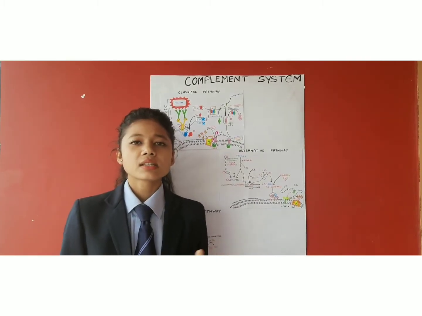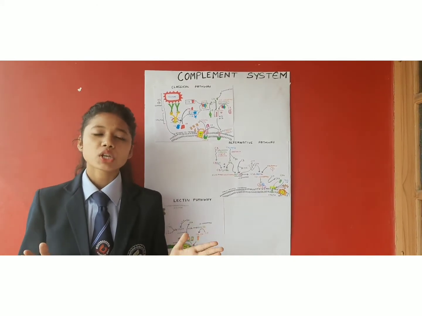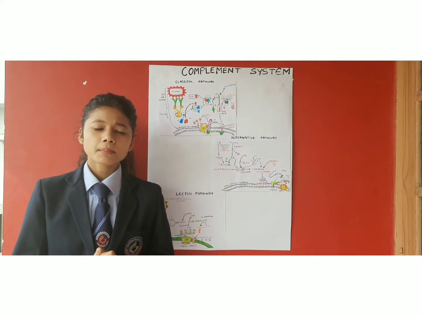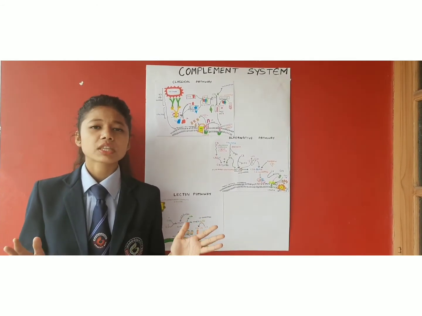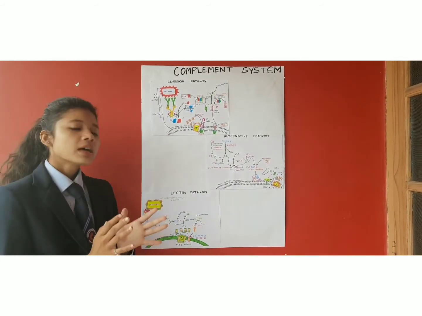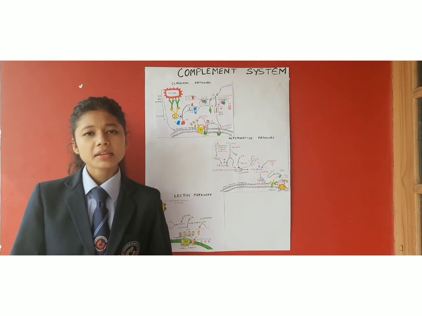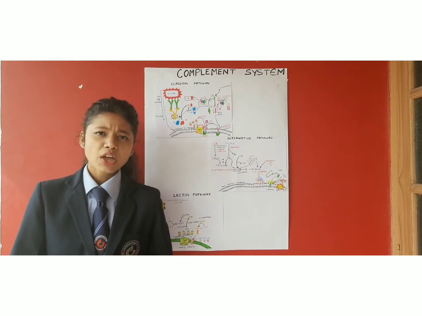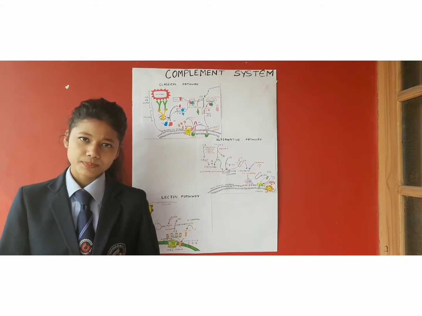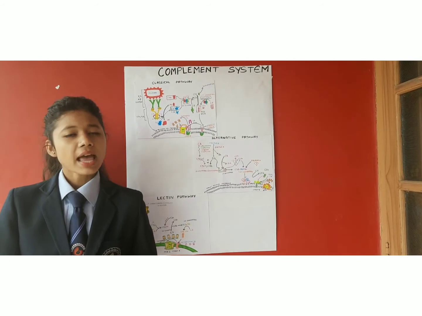So, let us now discuss the third pathway, that is the lectin pathway. First of all, let me tell you, it is also an antibody independent pathway. This whole process is initiated with the pathogen membrane. Here, you can see in the diagram there is a microbe. There is a carbohydrate attached in the form of mannose in its membrane. Then, there is another term, lectin, which has the capability to bind with the mannose, forming what is known as mannose binding lectin, that is MBL.